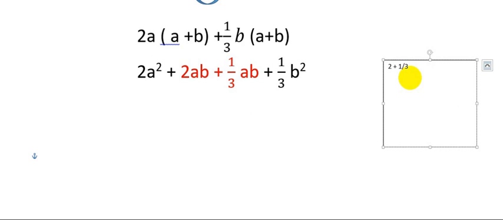3 multiplied by 2 is 6. 6 plus 1 is equal to 7. So you get 7/3. This is a simple calculation that you have done in your previous classes. So I'm going to write the final answer as 2a square